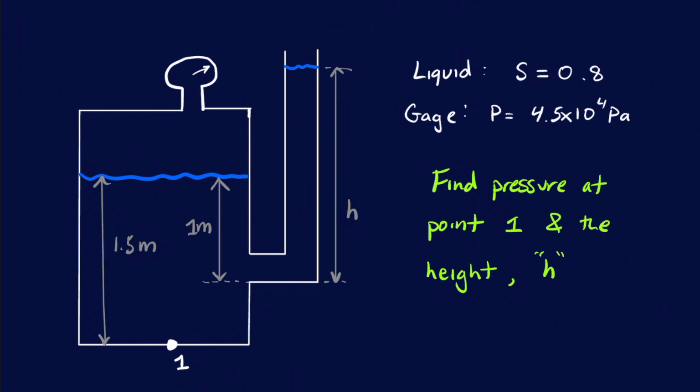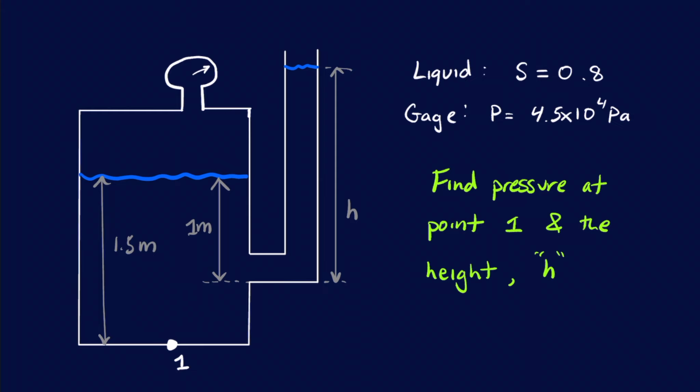In this example, we're given a closed tank with a little outlet right here where the liquid is rising up due to the pressure of the tank. So the gauge pressure inside the tank is measured to be 4.5 times 10 to the 4 pascals, and the liquid inside the tank has a specific gravity of 0.8. So what we're trying to find is the pressure at the bottom of the tank at point 1, and we're also trying to find out this height. We're trying to find out how high the water is going to rise up this tube due to the pressure